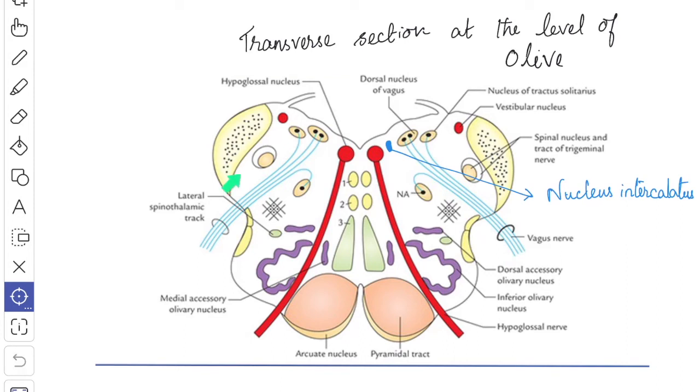Laterally from dorsal to ventral lie two prominent structures. So you have the inferior cerebellar peduncle and then you have the inferior olivary nucleus. The inferior cerebellar peduncle occupies the posterolateral part. The inferior olivary nucleus is the largest mass of the grey matter and forms the most prominent feature in the section through the upper part of the medulla. It presents a crumpled bag-like appearance. Close to the main nucleus lie the medial and the dorsal accessory olivary nuclei.